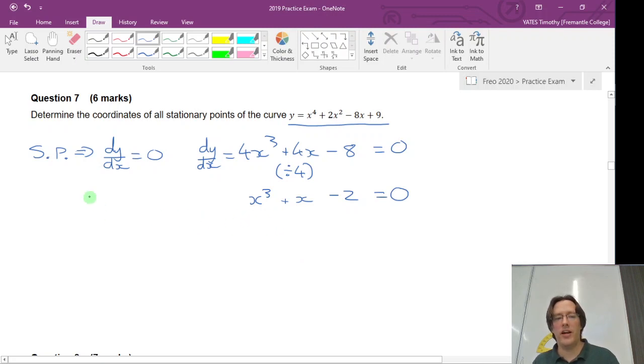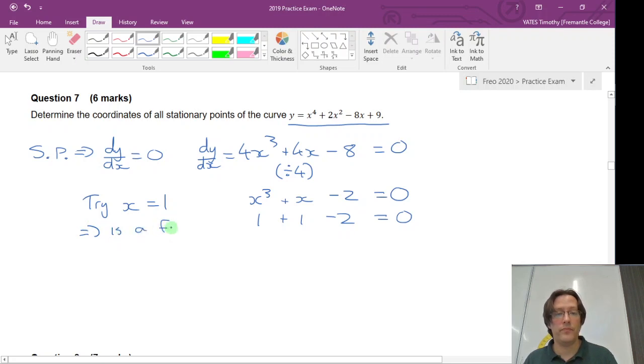So the first thing to try is x equals 1. If it's x equals 0, it should be obvious, but we're going to try x equals 1, and that's going to give us 1 plus 1 minus 2, which does equal 0. So x minus 1, or x equals 1, is a factor. So that means we can